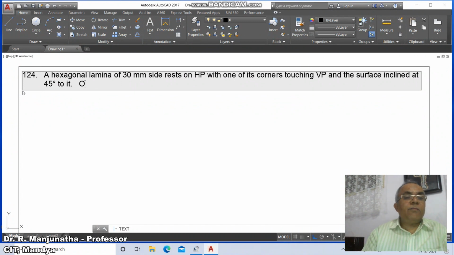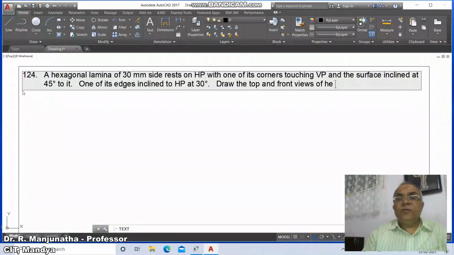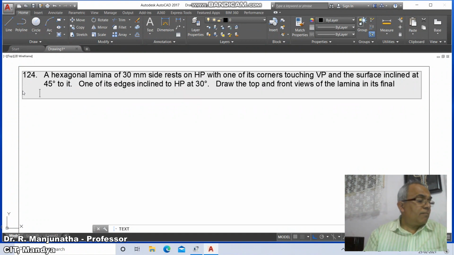One of its edges inclined to HP at 30 degrees. Draw the top and front views of the lamina in its final position.